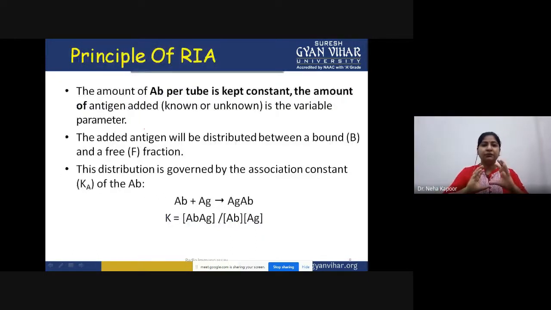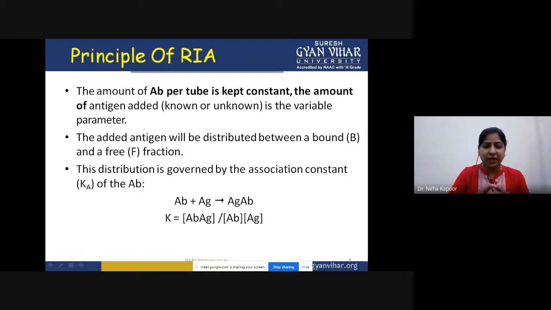Now, shifting to the main point, what is the principle of it? The main principle is, as I told you, the analyte can be anything. It can be either antigen or antibody. So if you want to use this in diagnosis, we can either go for the detection of an antigenic molecule, or any kind of infectious molecule or any kind of drug. That would be an antigen. You can either detect that antigen, or you can go for antibody detection.